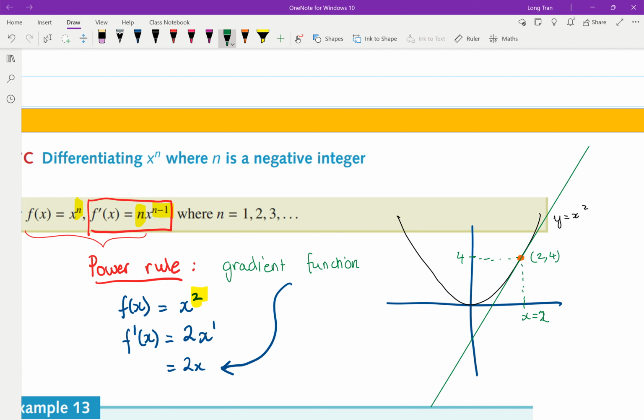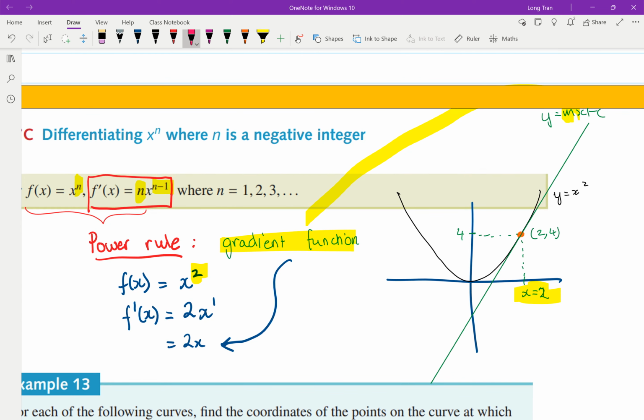The tangent line is the green line. It's a straight line. It is y equals mx plus c. When I say what is a gradient function, it's just the rule that helps you find m at any point, depending on which point you're looking at. In this case, I'm talking about x equals 2. If I want to know what is the gradient of this line, so this line is y equals mx plus c, at x equals 2,